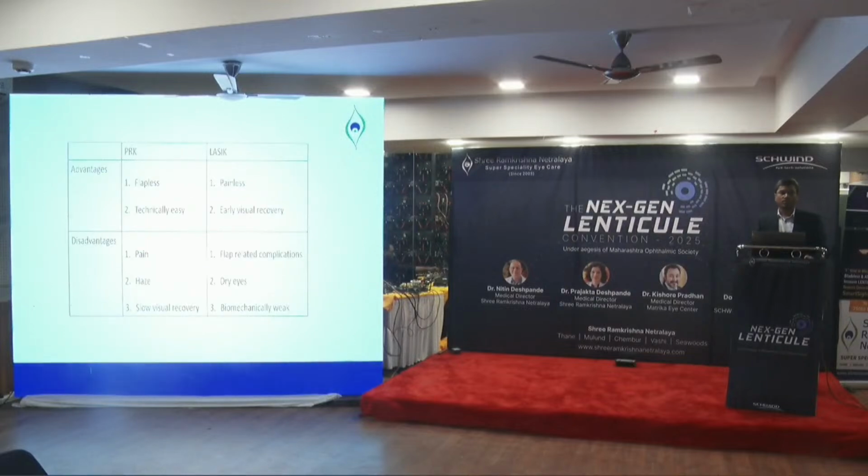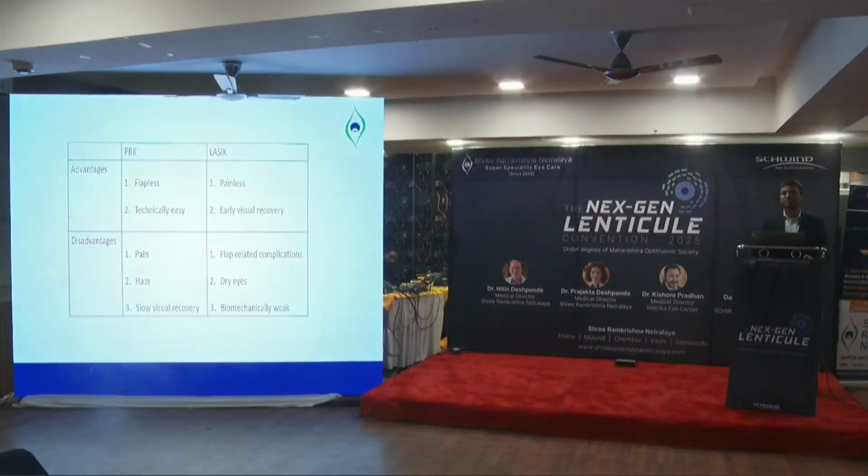So, we are doing a lot of PRK and LASIK, and this is well established that the visual outcomes and results are very good for our laser vision correction patients. Each of these procedures has its own pros and cons. Like in PRK, it's a flapless procedure and it's technically easy for the beginners. But it has a flip side that it is associated with the post-operative pain and haze, and it does have